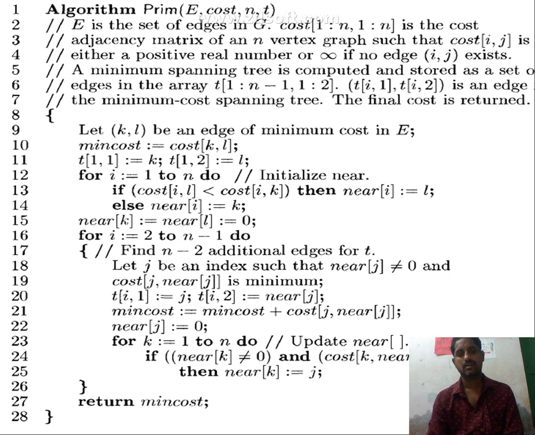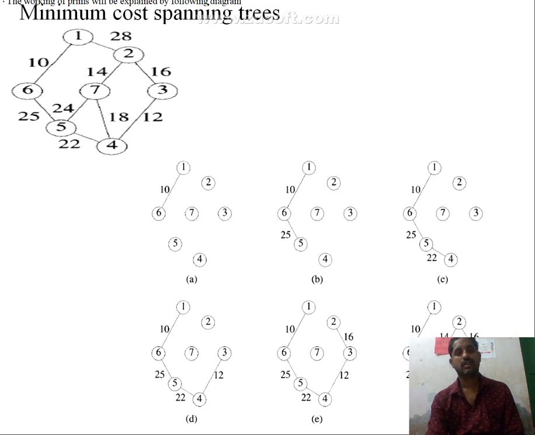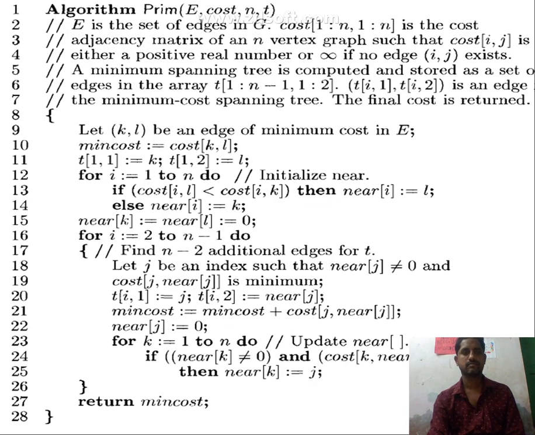It is the algorithm. See, first of all we have to assign one edge and its vertices. In those vertices, take the adjacent edges and assign the values. See here, one is one vertex and the adjacent vertices are 6 and 2, of which the minimum is 1 to 6. That is the nearest, which is the nearest to 6. Likewise, we have to construct and calculate the minimum spanning tree using Prim's algorithm. Using this algorithm, we have to implement Prim's algorithm.